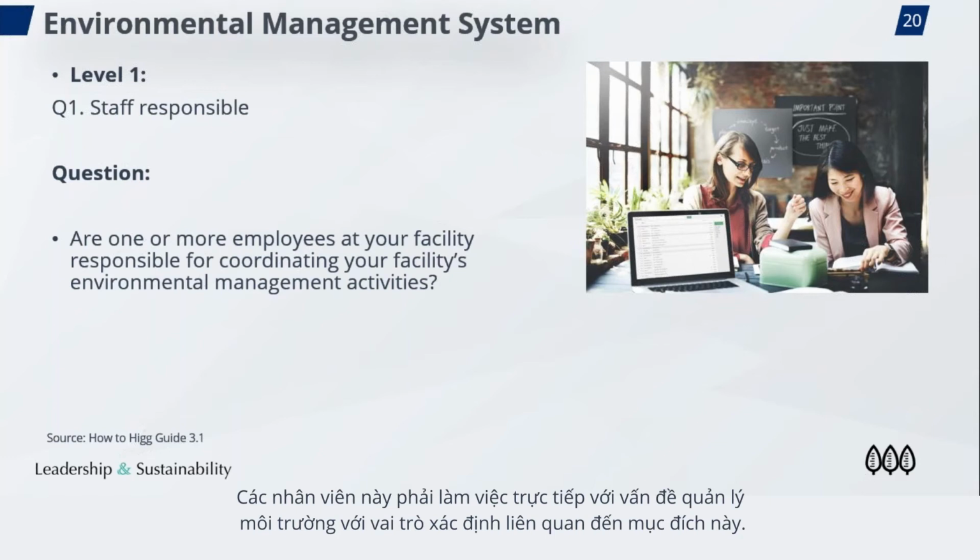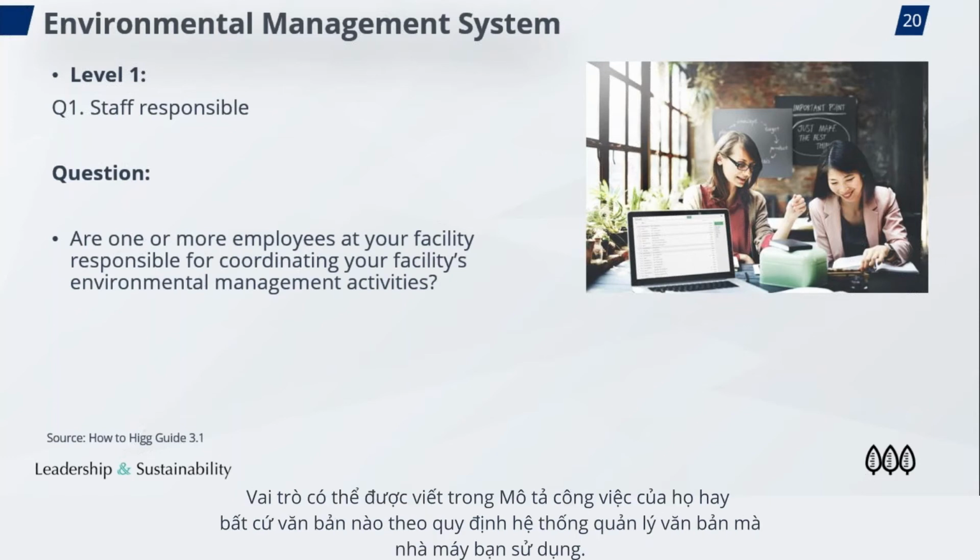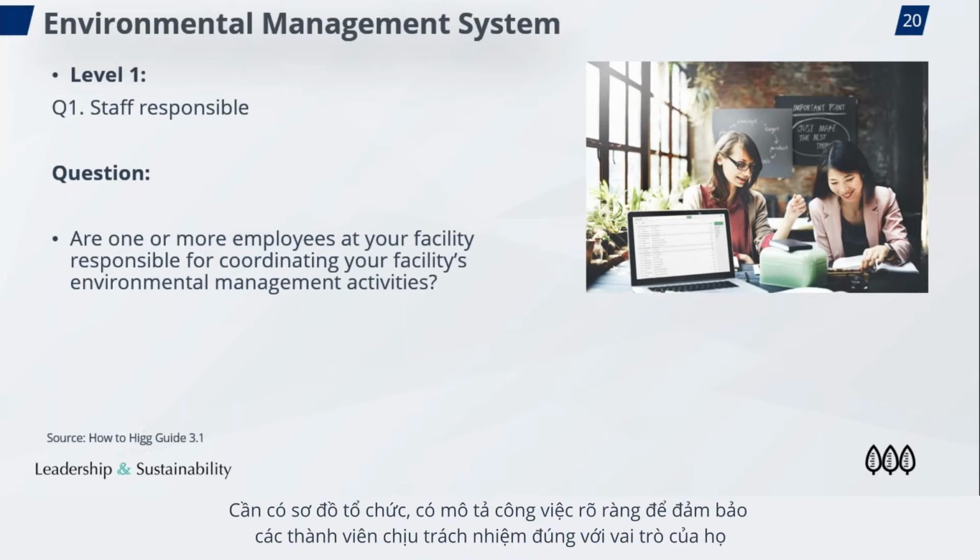These employees must deal directly with the environmental management and have defined roles for that purpose. The roles could be either required in their job description or accountabilities or designated by relevant system documents. An environmental management team organizational chart and clear job descriptions could help to keep the members also accountable to the